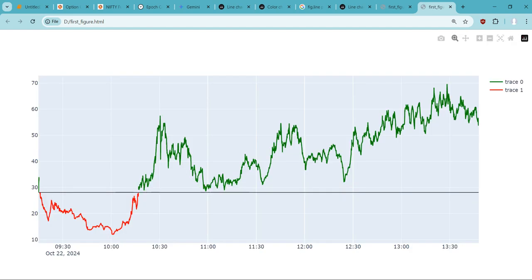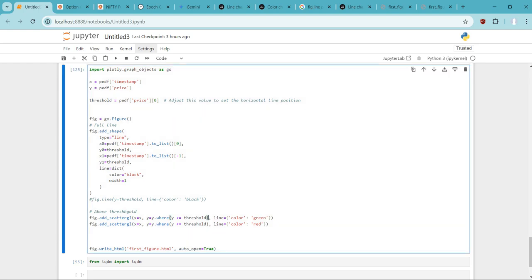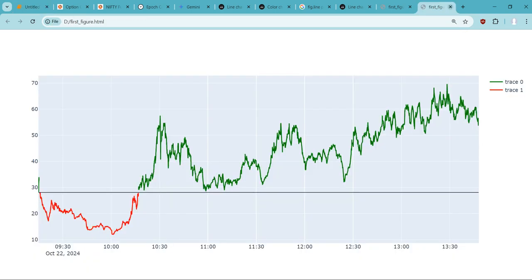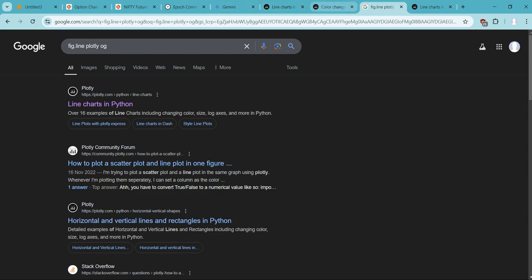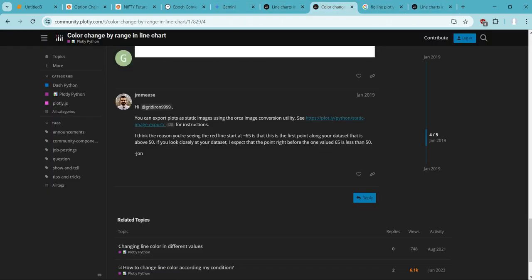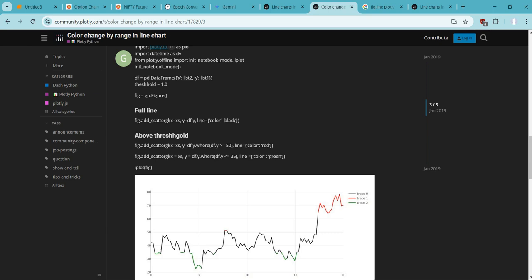Okay. I think we're not getting any point in between, so that's why it's separated, not connected. So where this is greater than equal to, and is less than, the two different lines, so that is why there is a break. We don't want a break here. I don't want this break, so add